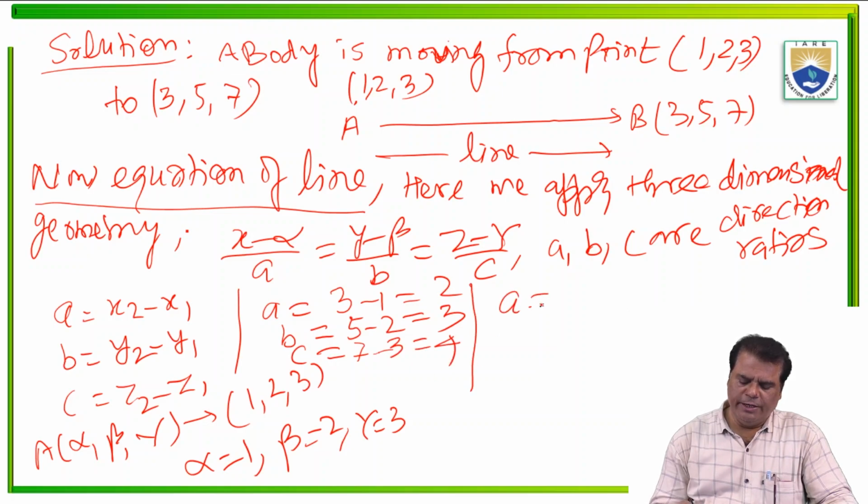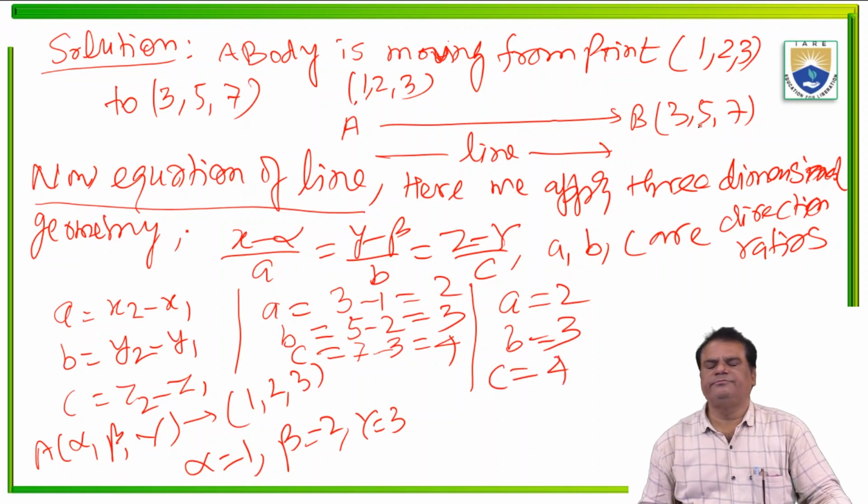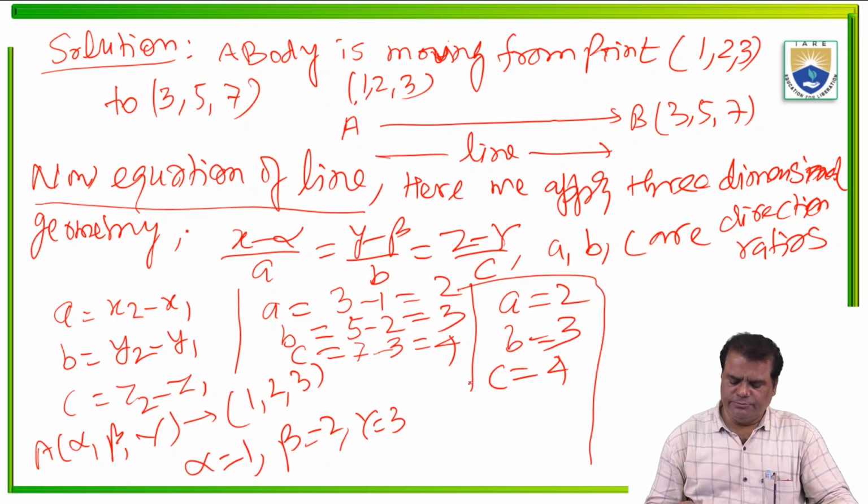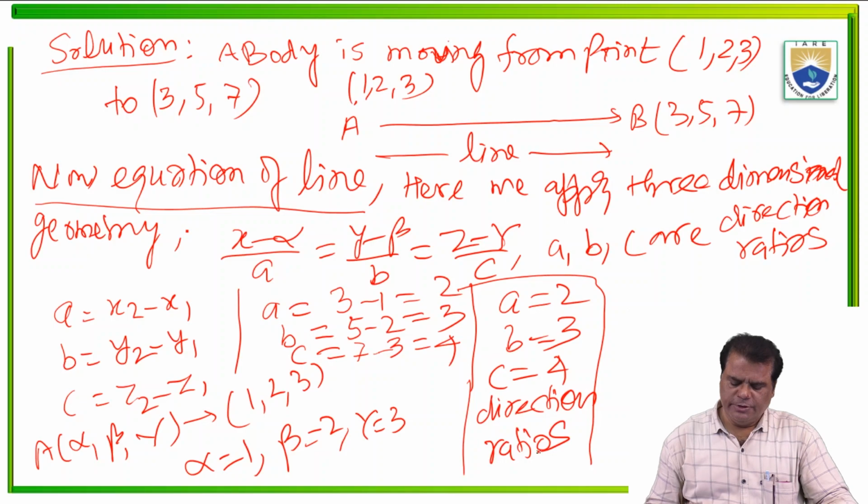So now a is 2, b is 3, c is 4, the differences between these points. So a, b, c are the direction ratios, and this is alpha, beta, gamma,